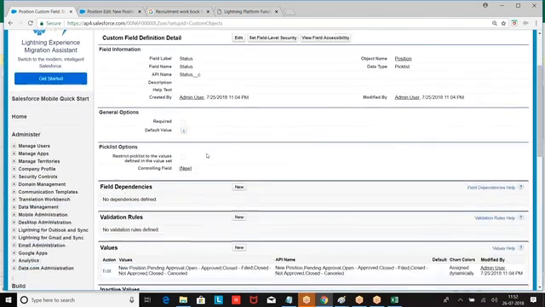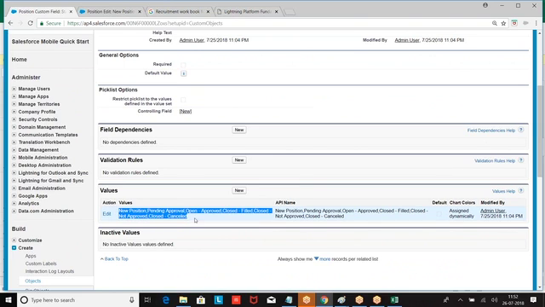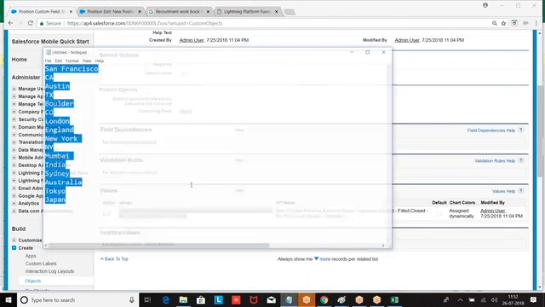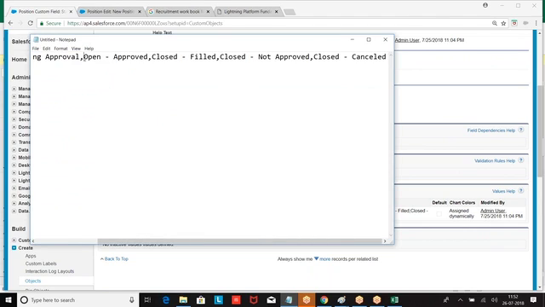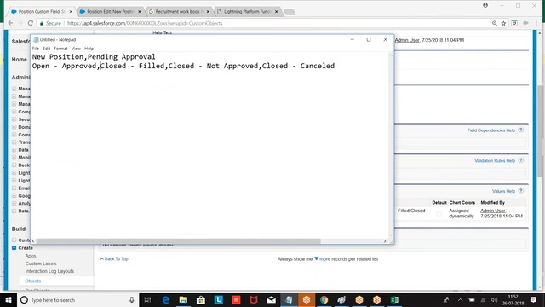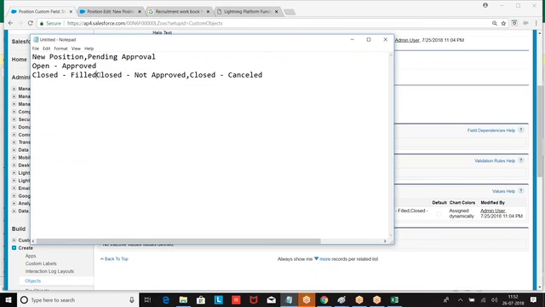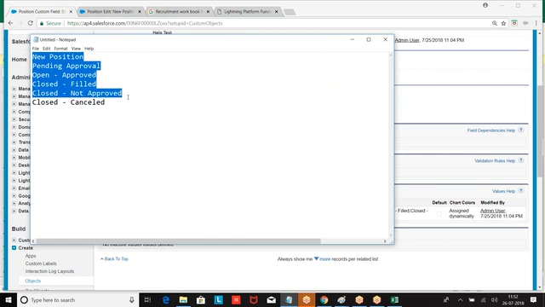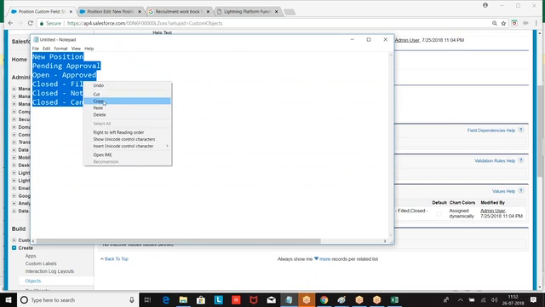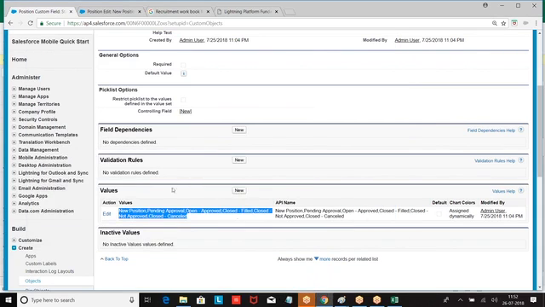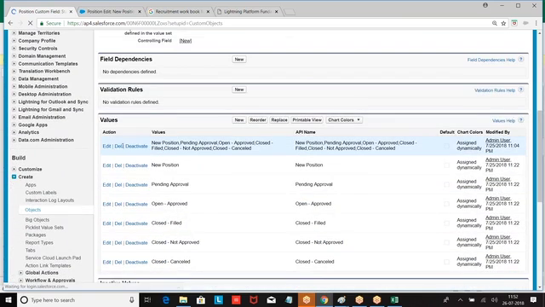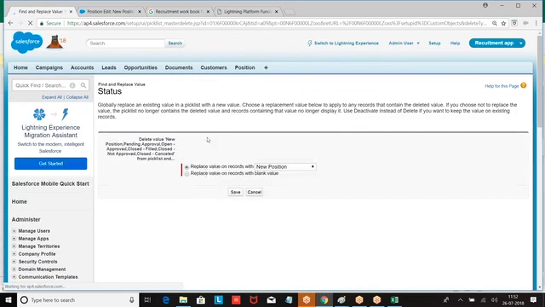There's still the field dependency concept, right? So last, okay.